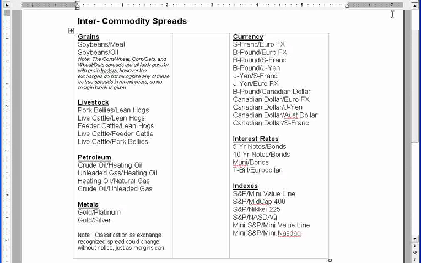If it's trading at 67, it takes 67 cents to buy 1 Swiss franc. Now, if we do the same thing with the euro, it's how many dollars does it take to buy 1 euro? Looking at the relationship of the Swiss franc to the euro, we're looking at how many dollars to the Swiss franc versus how many dollars to the euro, or really how many euros to the Swiss franc,